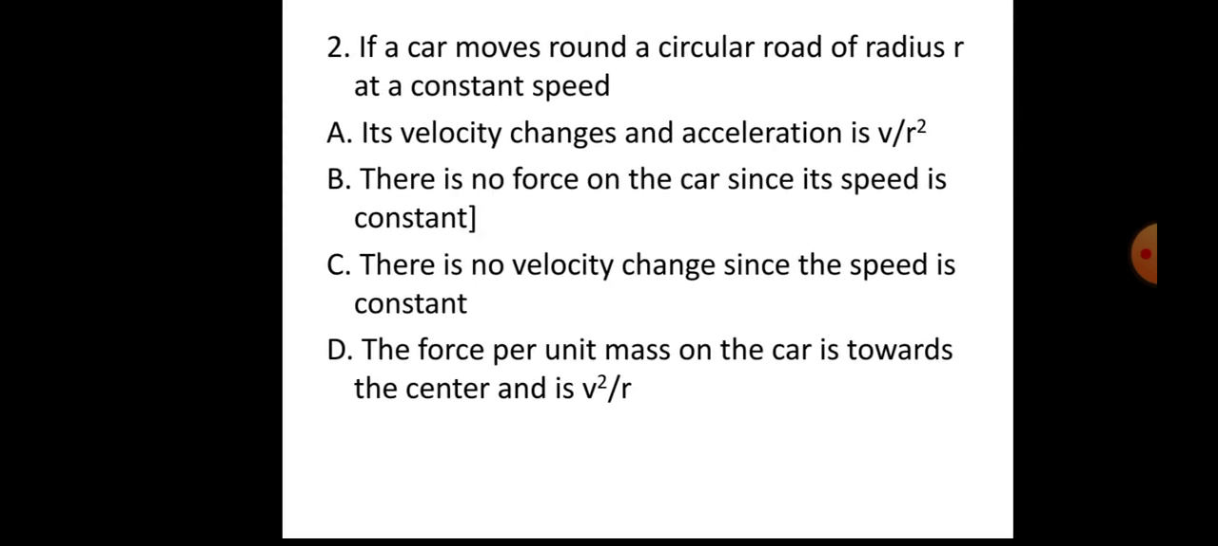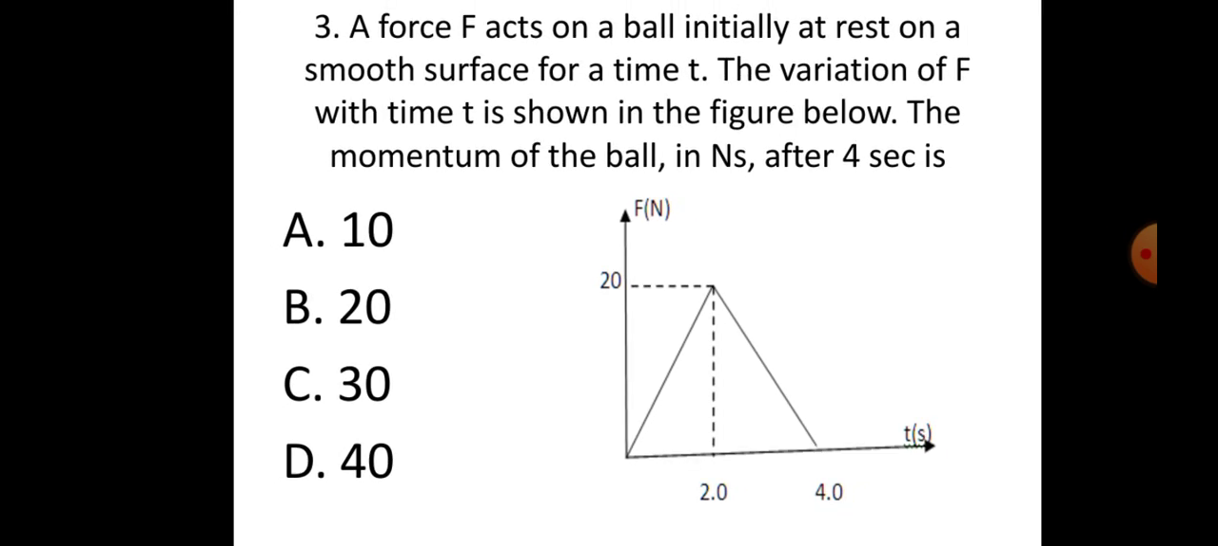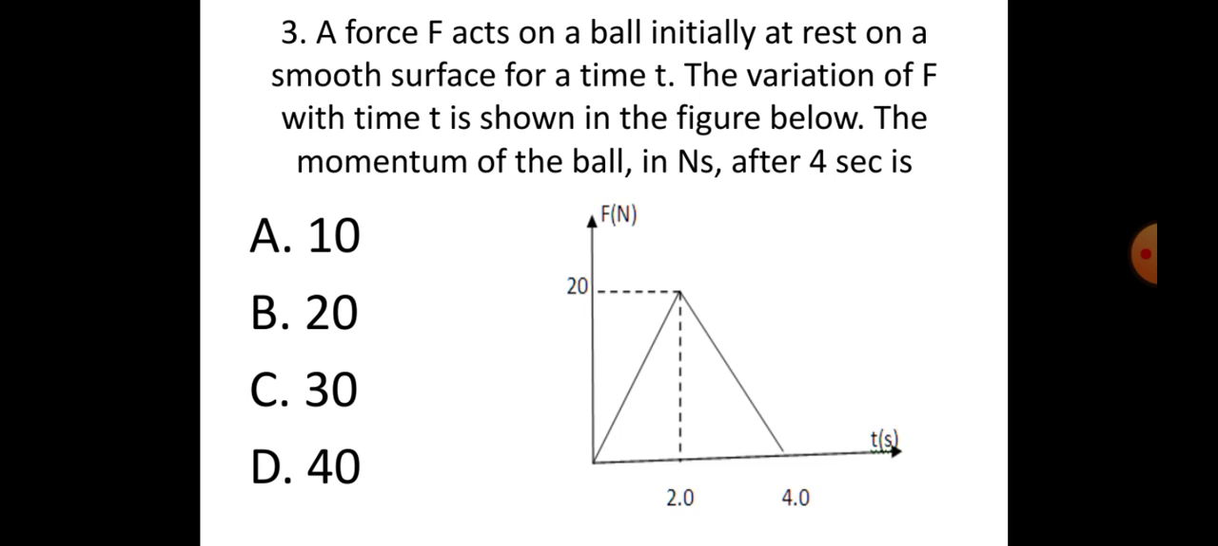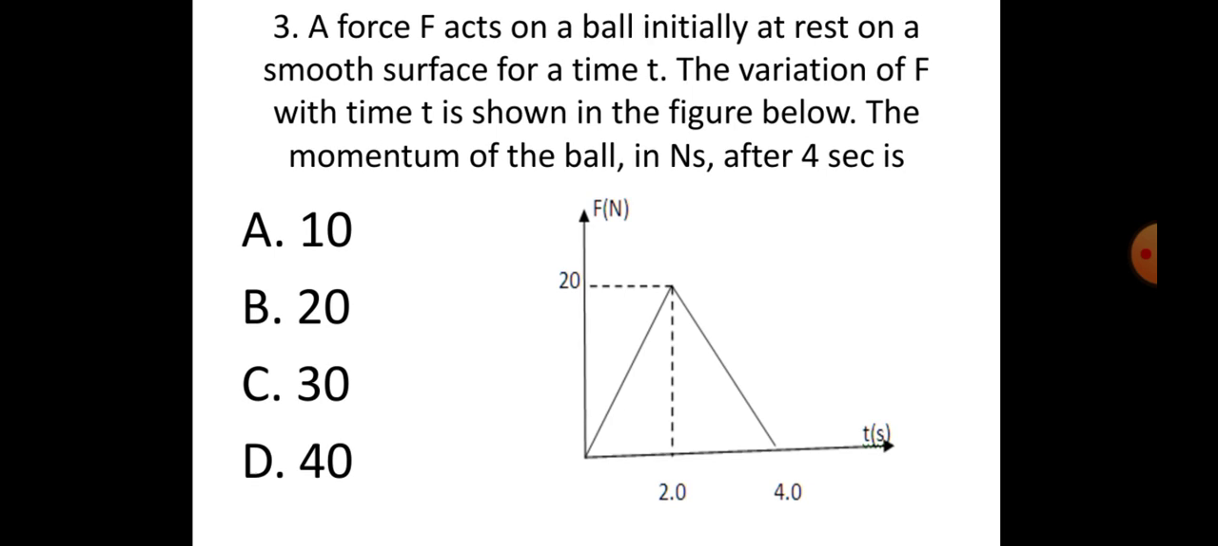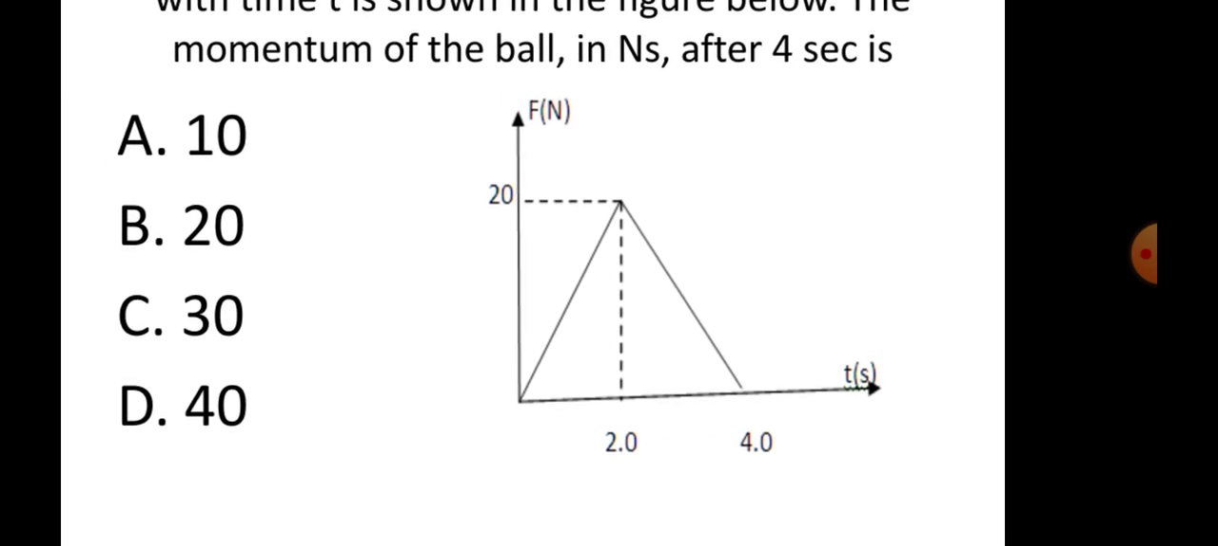Next, question number 3. A force F acts on the ball initially at rest on the smooth surface for time t. The variation of F with time t is shown in this figure below. Look, this graph, force against time, is given. So the momentum of the ball in Newton second after 4 seconds is asked. This is a force against time graph. So